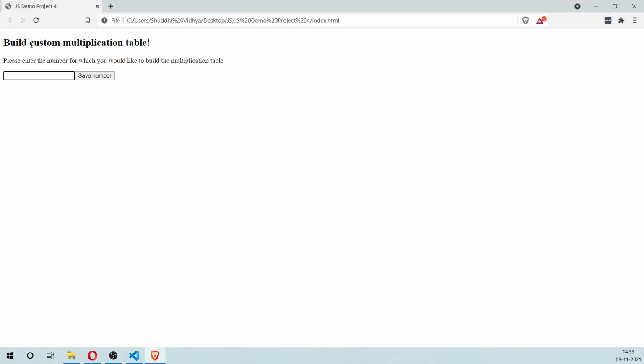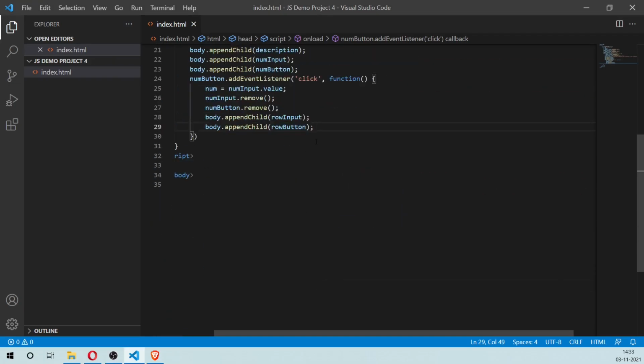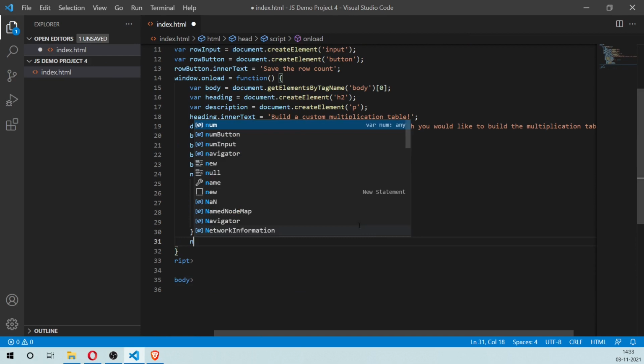Okay, and let's see. So save the number and then save the row count. Let's say we want 10, and when we click on save, it has to basically render a table. So that's the main thing that we need to do now. So what we're going to do is we're going to add an event listener to the row button.